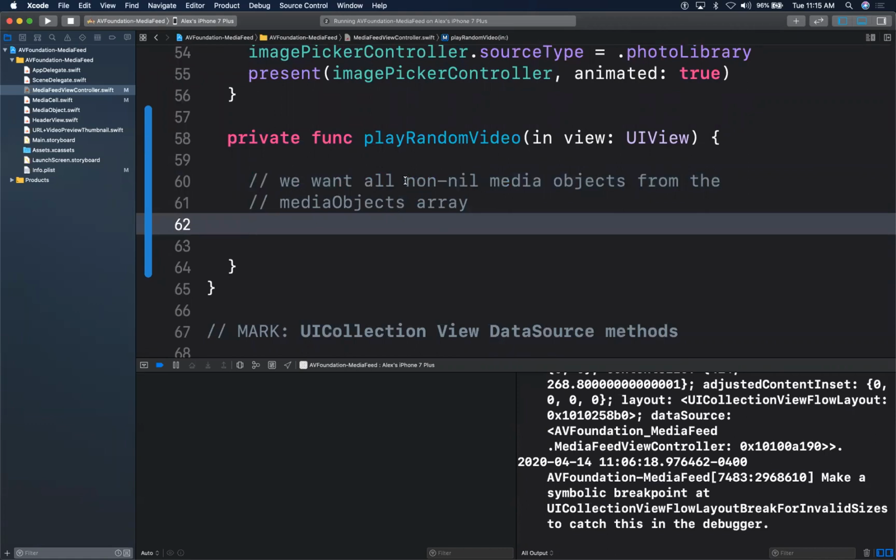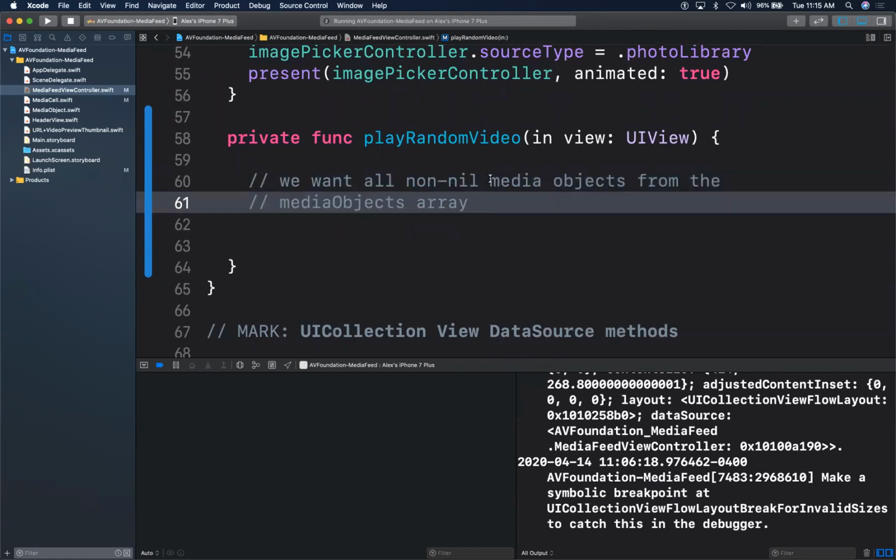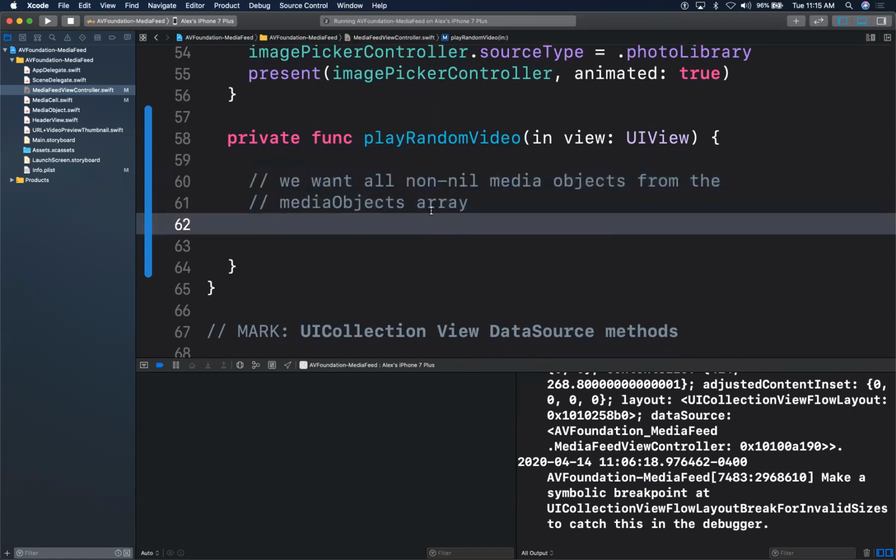We want all non-nil media objects from the media objects array. What do we do for that? Compact map. Why compact map? Because compact map returns all non-nil objects or items. Awesome. So the answer was compact map